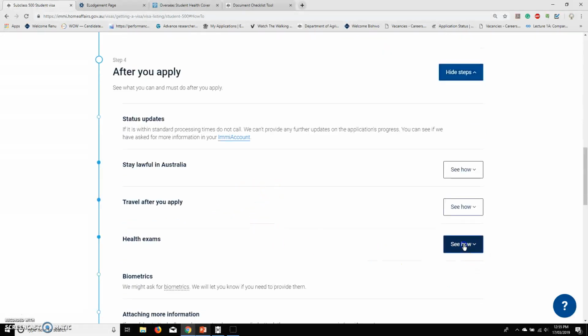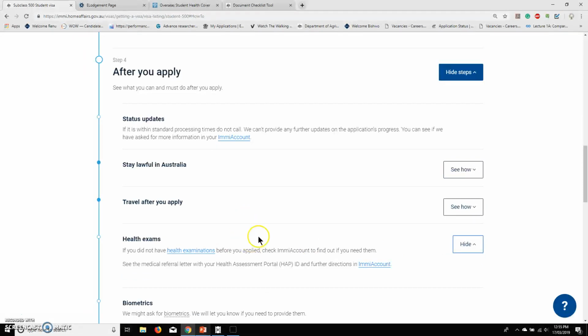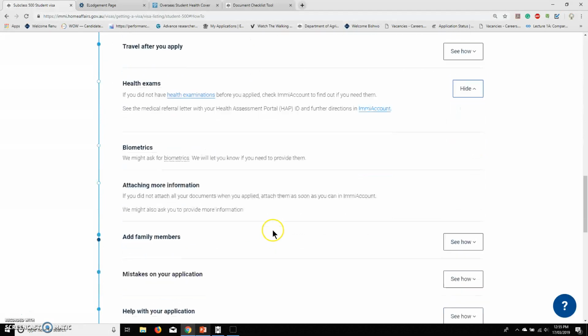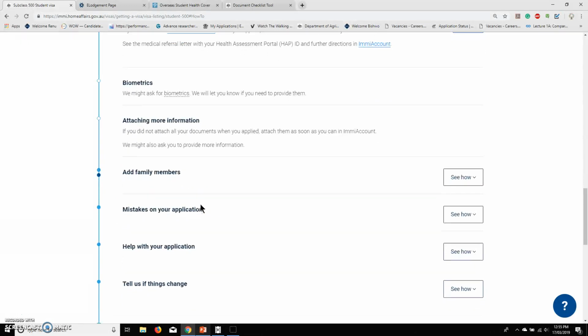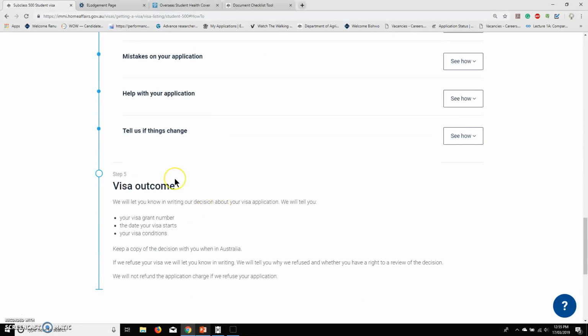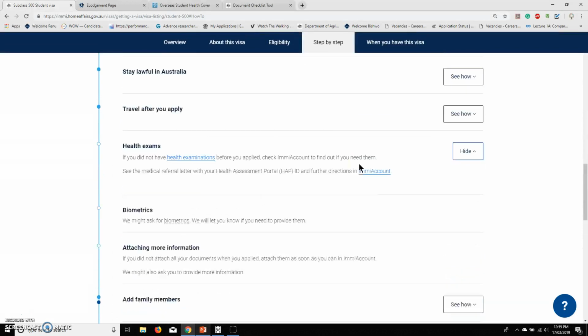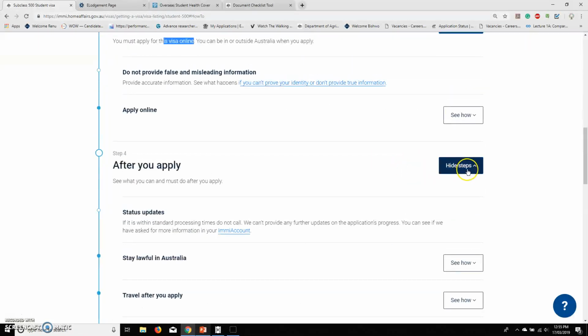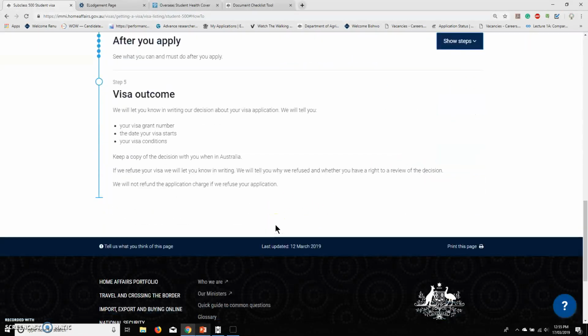So you can arrange for your health exams as well after you apply, and you can get all the information about how to attach other information as well if visa officer is asking. And then after you are done with applying, then basically you just have to wait, which is step 5, so visa outcome. So you will get your visa grant number and the date when you can enter into Australia,